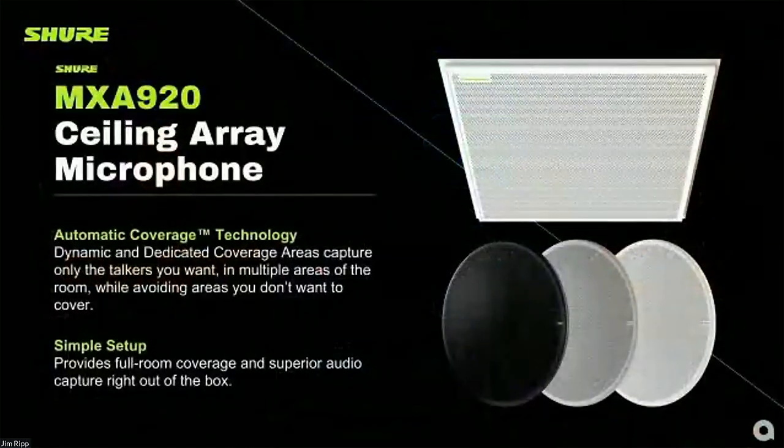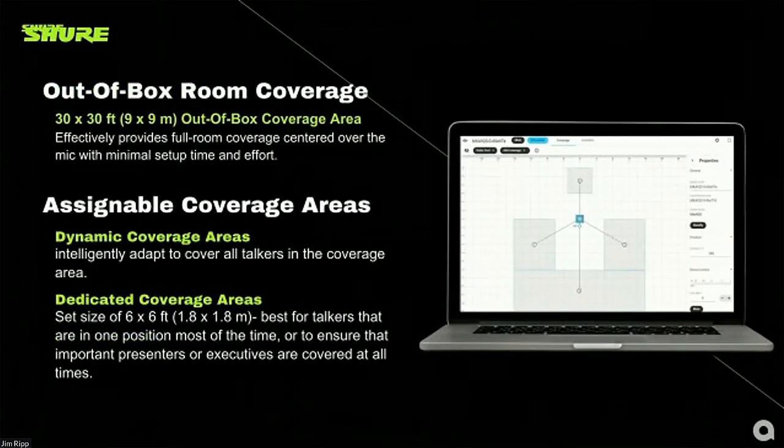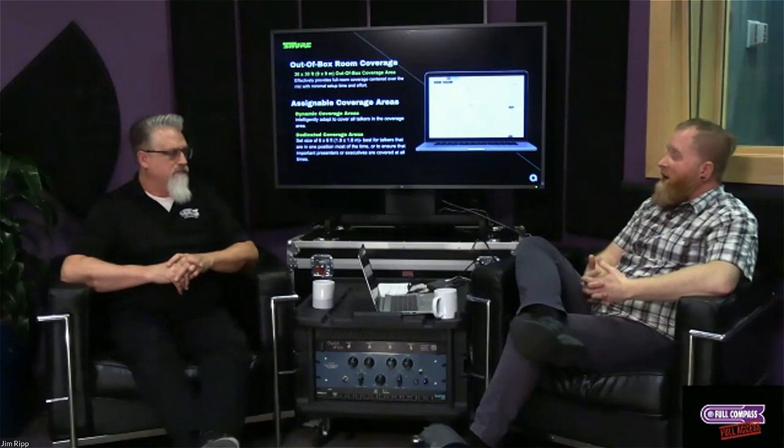One of the cool features that was added in the MXA 920 was the automatic coverage technology. I've got a little bit on this slide over here. Out of the box, when you put the microphone up, it's designed to cover about a 30 by 30 area. So we're getting into these larger rooms, medium to large, and larger spaces like the studio here, where I need to pick up presenters but also audience. We get this a lot in higher education, like larger classrooms where there needs to be that back and forth. So you get that 30 by 30 coverage out of the box,